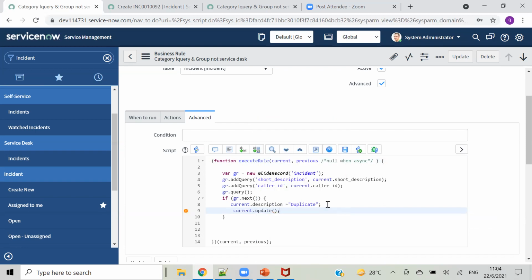So what I'm doing is, when this condition is matching, it should update. For now, it will update only one record with this description. So let's check.